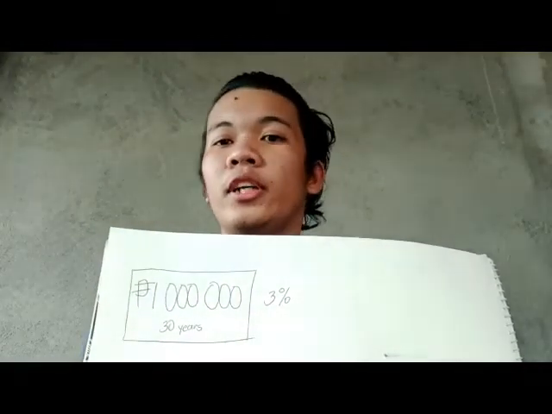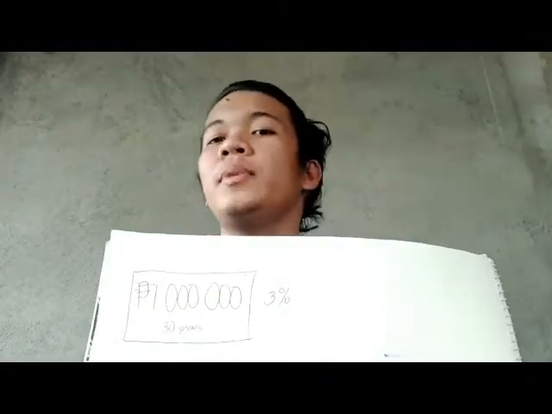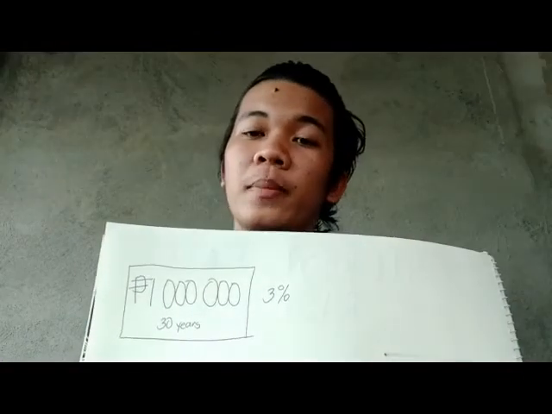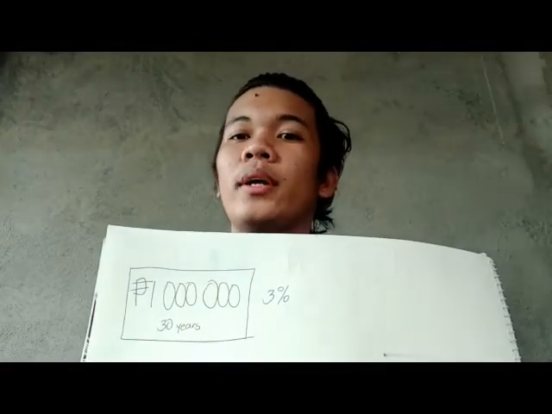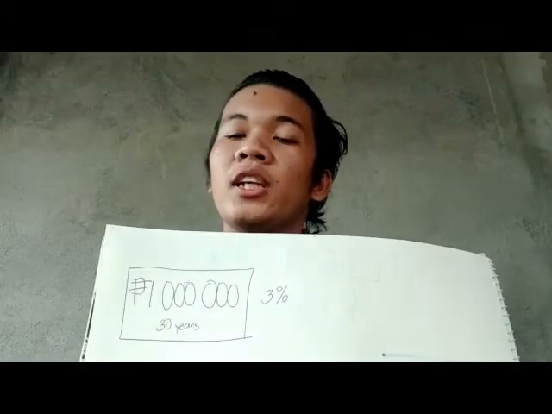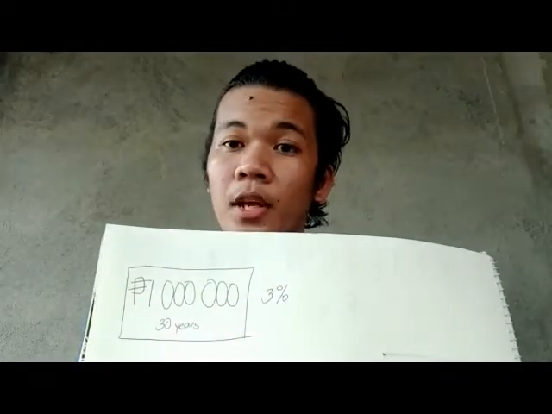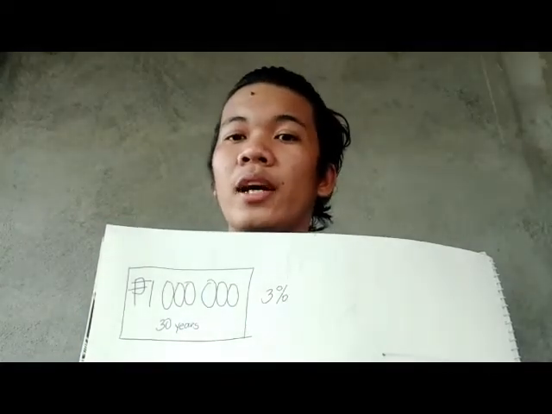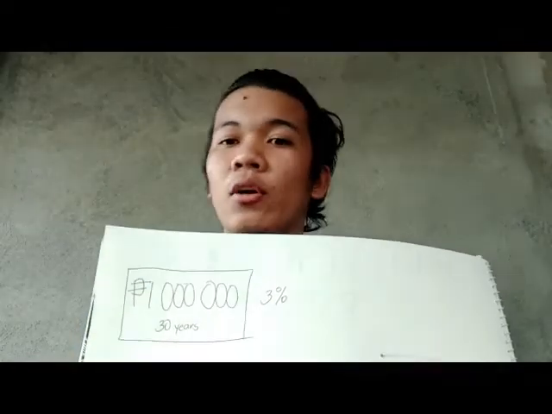30,000 per year. Kung i-hold ni Mr. Go ang kanyang investment within 30 years ay makukuha niya ang 1 million pesos kapag nag-mature na ang bonds. Pero meron pa siya isang option na ibenta ang bond sa secondary bond market sa kahit na anong oras. Tapos, ang risk naman dito ay kung ibebenta niya bago mag 30 years ang kanyang bonds ay pwede siyang makakuha ng mas mababa pa sa 1 million na presyo sa secondary market.